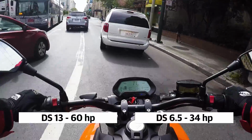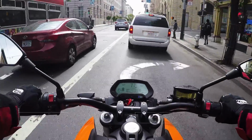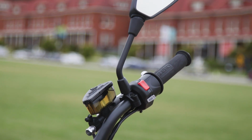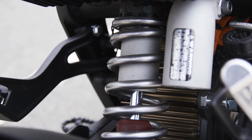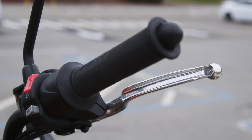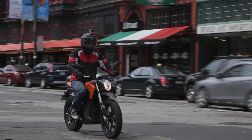While you're only getting 34 horsepower versus the 60 horsepower of the 13 kilowatt-hour version, the bike's 78 pounds of torque means you still have access to power when you twist the throttle. Plus, Zero continues to work with quality component partners like Showa for suspension, and they all have an anti-lock brake system, which is great for when someone in a BMW cuts you off, because it's always someone in a BMW